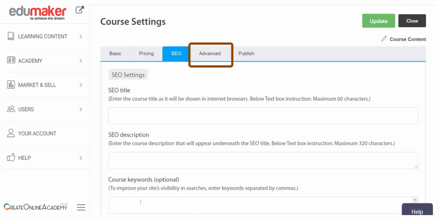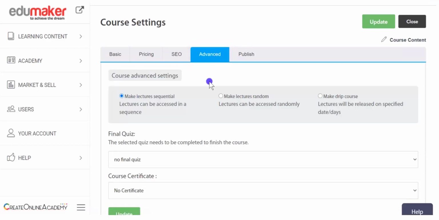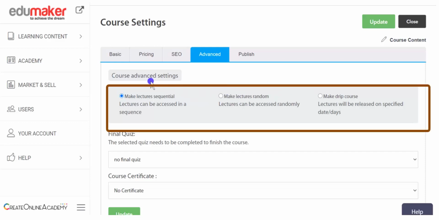Now after the SEO tab, we come to the advanced tab, in which we can set a few more but important aspects of the course. First, we can set whether the student can access the course lectures randomly or sequentially through these two buttons, or whether the course would be a drip course.